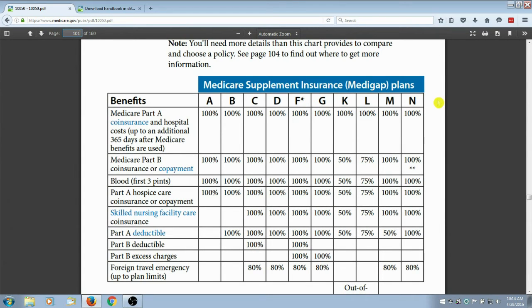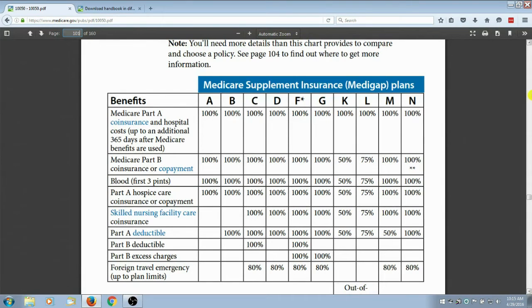These private insurance companies are overseen by Medicare, and they have to follow all of Medicare's guidelines and rules. So as long as you're comparing plans of the same letter notation, there is absolutely no difference as far as what services are covered, the claims that are paid, or the way those claims are paid. The only difference is the price. For example, you could look at 20 different insurance companies that offer a Medicare Supplement Plan G, and the only